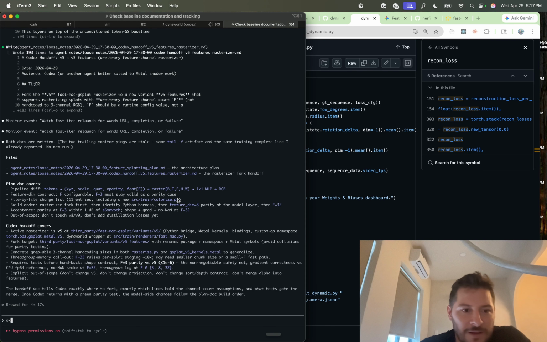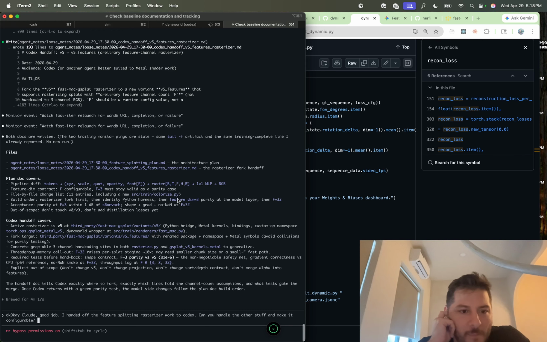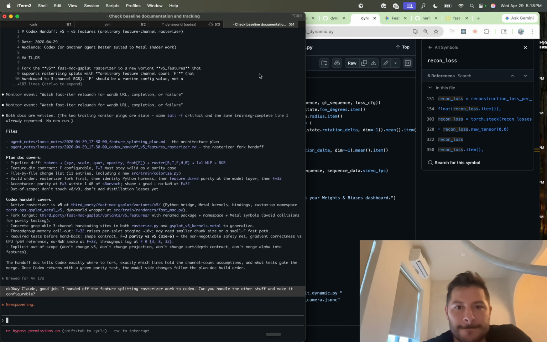Let's go back to Claude and we'll say, okay, Claude, good job. I handed off the feature splatting rasterizer work to Codex. Can you handle the other stuff and make it configurable? And it's going to start coding for us. So we'll see. I think something else that I'm thinking about that I would like to add here is